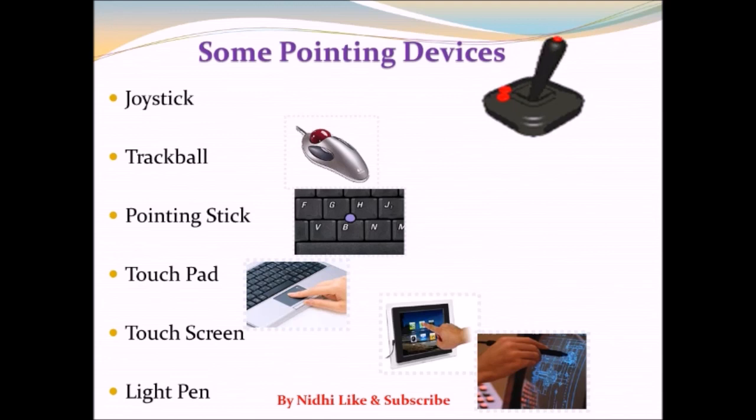Okay, next is the touchpad. You can find this type of touchpad in laptops. Next is the touch screen. It is also an input device that takes input with the help of the touch of fingers or thumb. Okay, last is the light pen, also known as a stylus. It is a small instrument shaped like a pen that is used to provide input to mobile devices, computer screens, and tablets. It can be used to draw or make selections directly on touch screen devices.